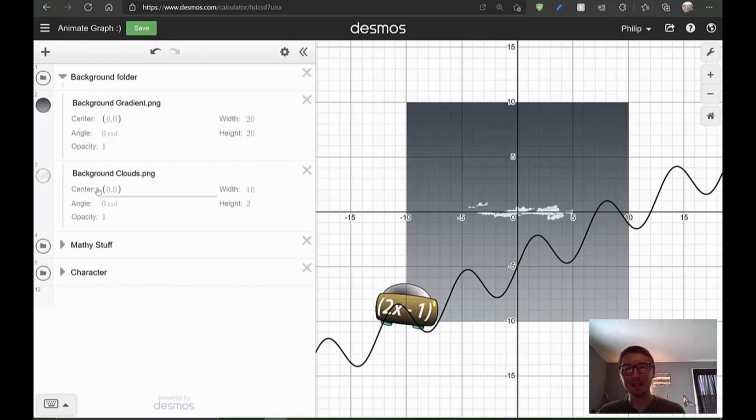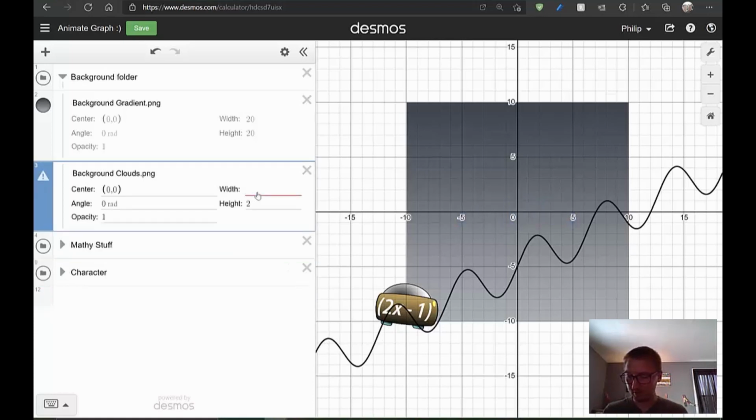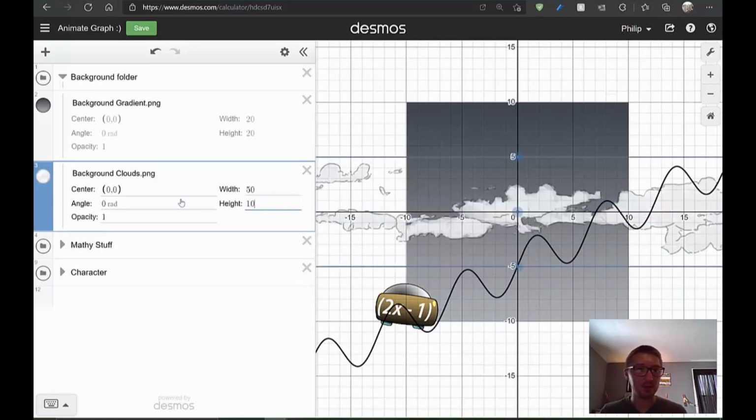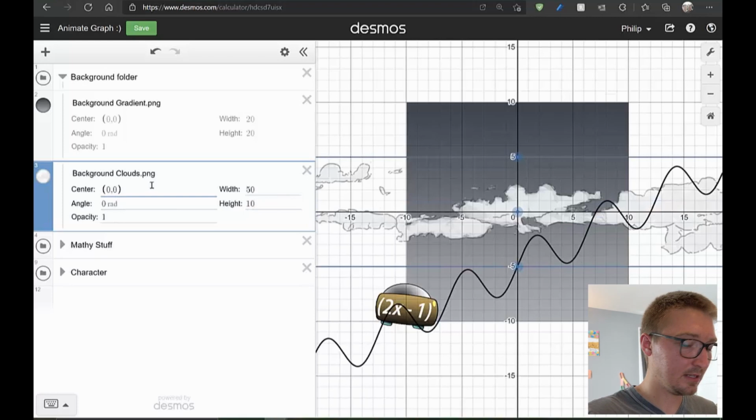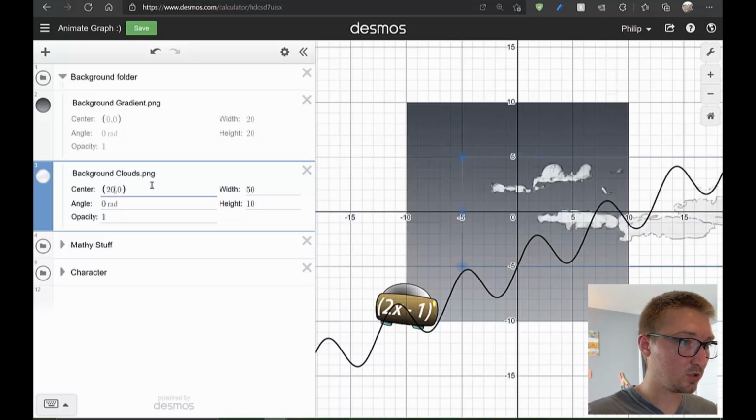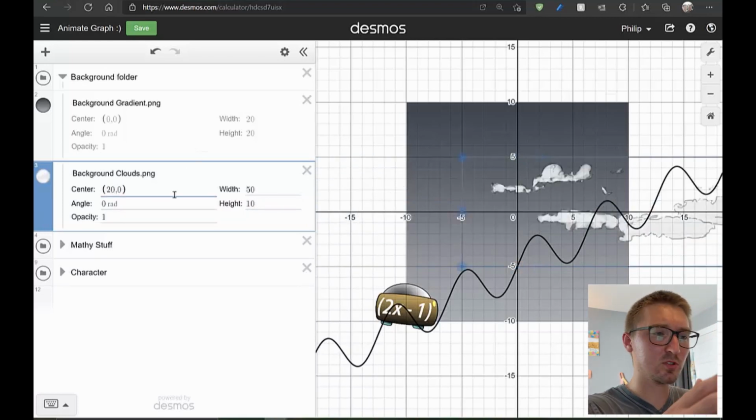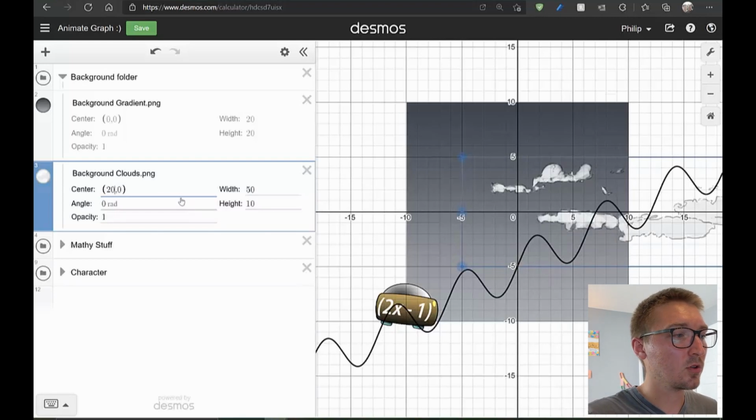Okay, so if you click on an area and then drag something, it will go to that spot that was highlighted. So if I was down here, I would drop it down below, but I was up in my background folder. And my clouds are pretty small, so I'm just going to manually bump these up to be, I don't know, 50 by 10 or something like that. And I want the center of this to be 20 units over, just scooched off the screen